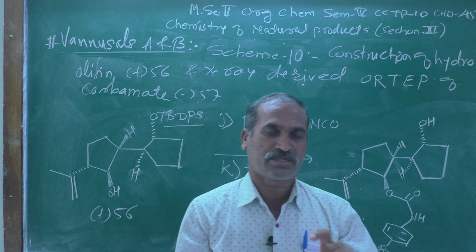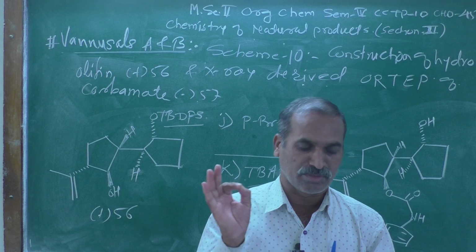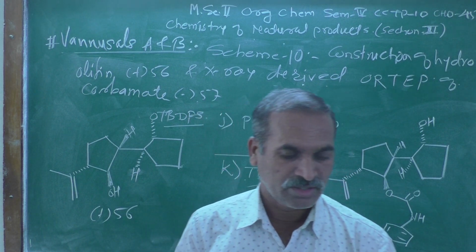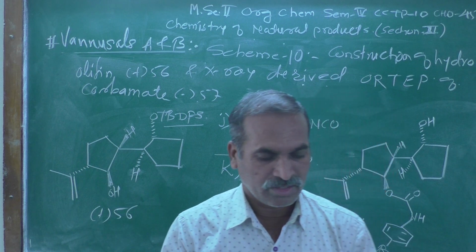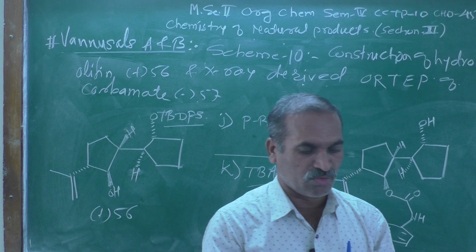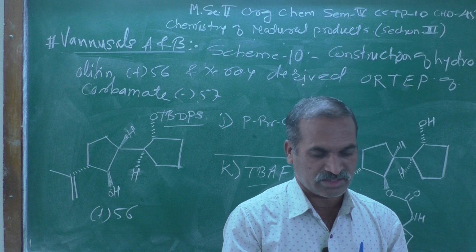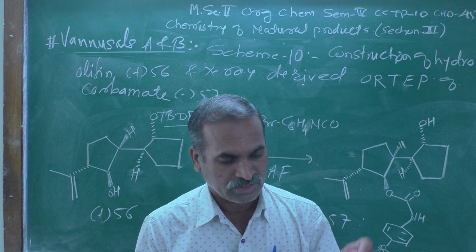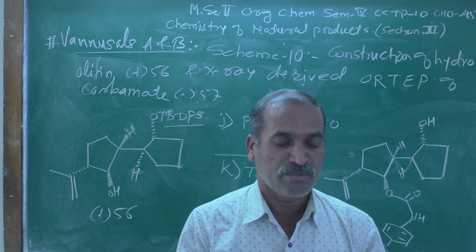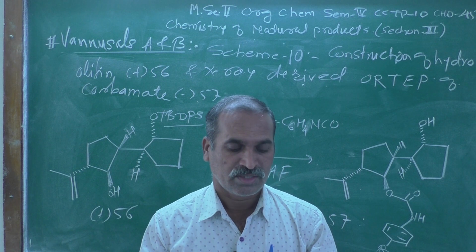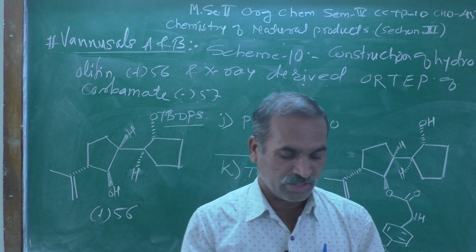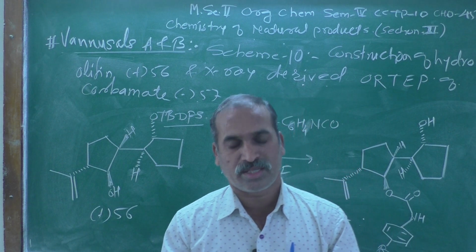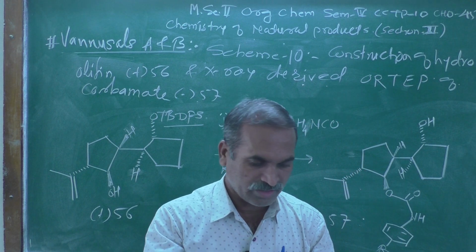Do you remember what we were discussing yesterday? I think yesterday we were discussing scheme number 10 in detail. The heading of scheme number 10 is construction of hydroxyolefin plus 56 and X-ray derived OR tape of carbamate minus 57. And we started with compound number 50 where R is equal to H, and that compound